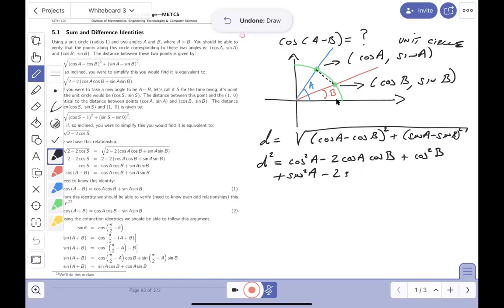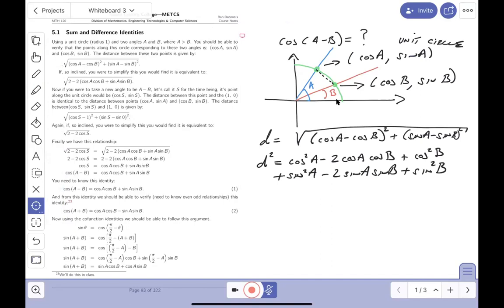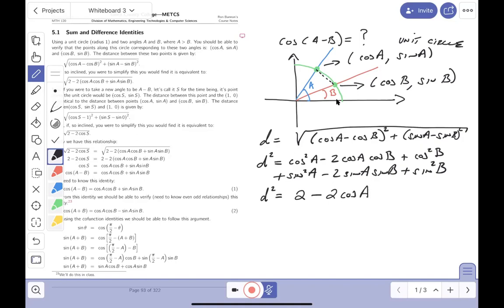I'm sorry, it's sine A, sine B, plus sine squared B. All right, let me just talk through this. And I'm seeing Pythagorean identities now. I'm saying that this plus this would be 1, and this plus this would be 1. And 1 plus 1 is 2. So I'll write that down for you. So d squared is equal to 2 minus 2 cosine A cosine B minus 2 sine A